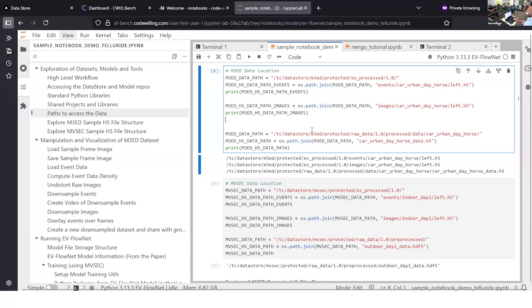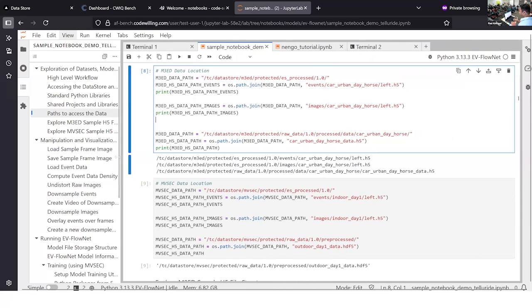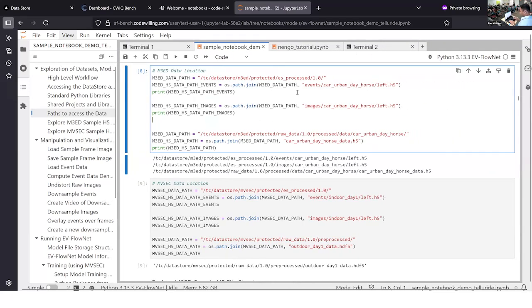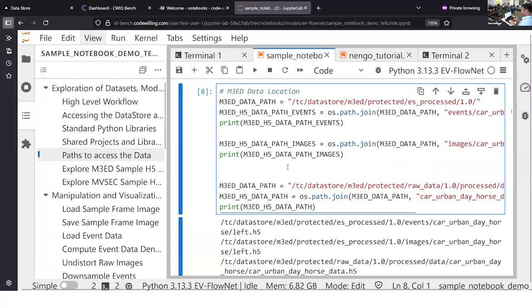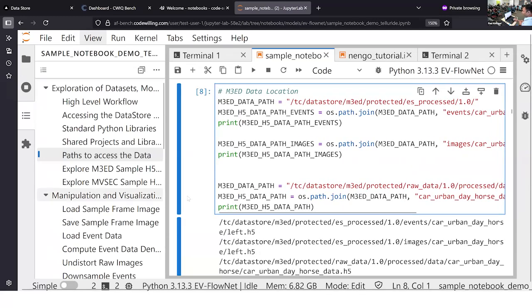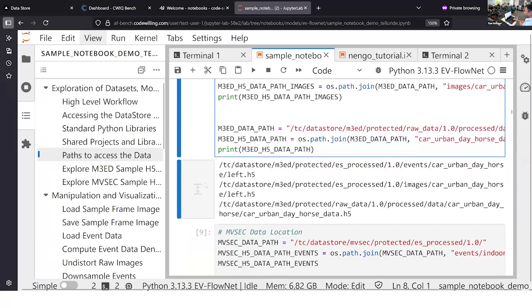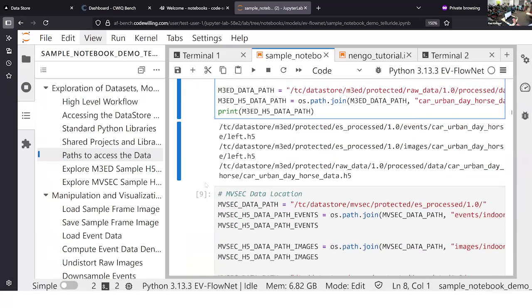Can you zoom it up a little bit, maybe? I don't know if it's possible. Or plus or something. Yeah, that's good. Much better. Okay, you won't be able to see the entire thing. Okay, so